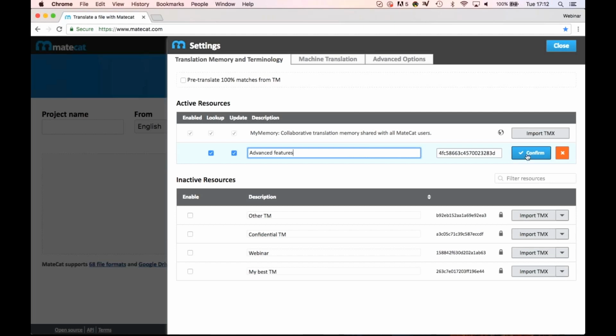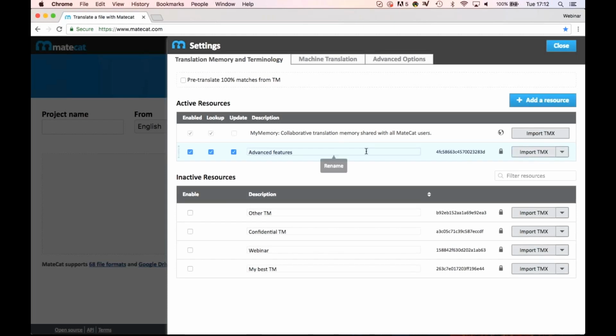And you just click on Confirm. Now, when you click on Confirm, you have created the translation memory, a private translation memory for your projects. Now you're ready to start with this translation memory selected to translate any document that can be private and needs